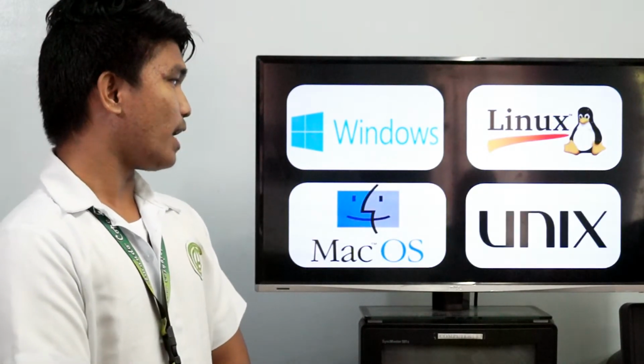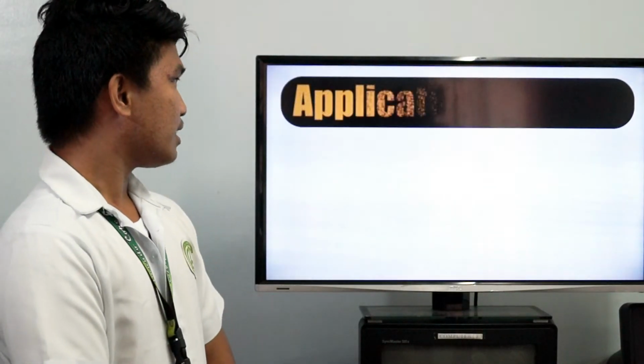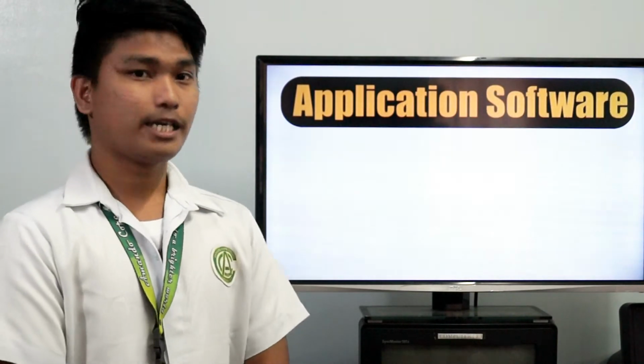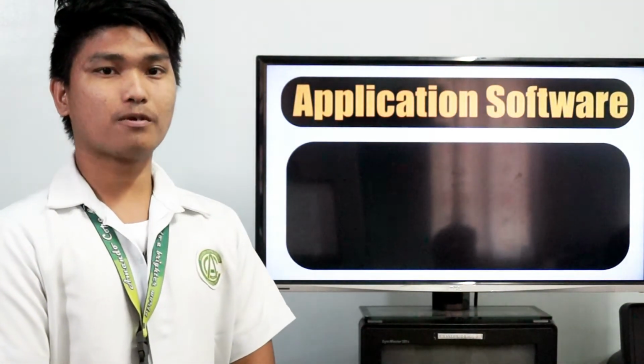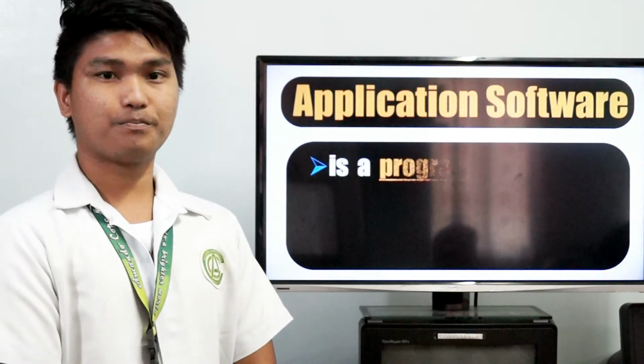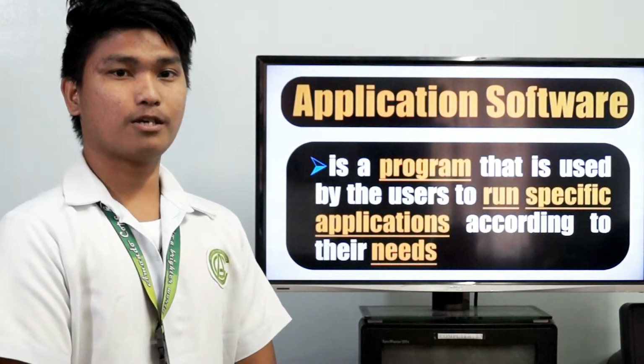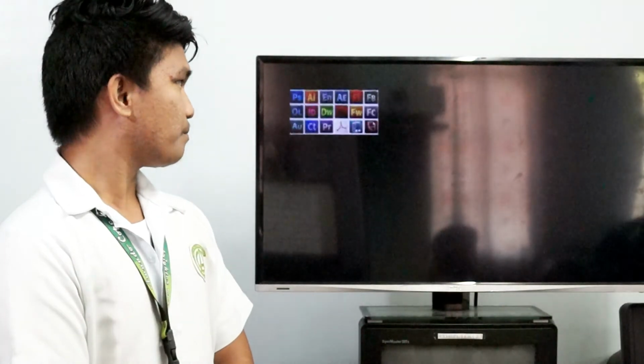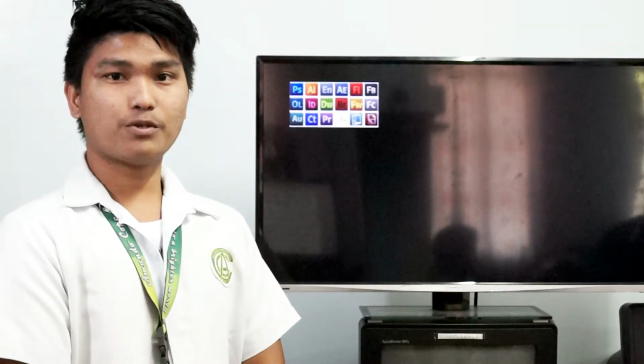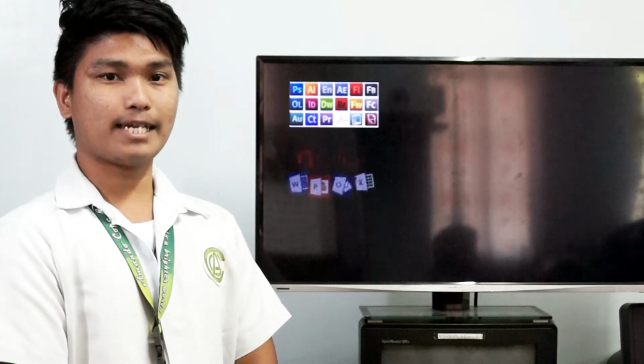The next one is the application software. Application software is a program that is used by the user to run a specific application according to their needs. For example, we use a specific program in photo editing.